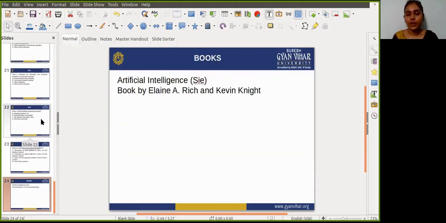So guys, just go through this book, Artificial Intelligence, which is written by Richard Knight, in which many more examples are given. You can just prove them by using the truth table, or there are so many sentences written there. So just go and learn from this book. Okay.